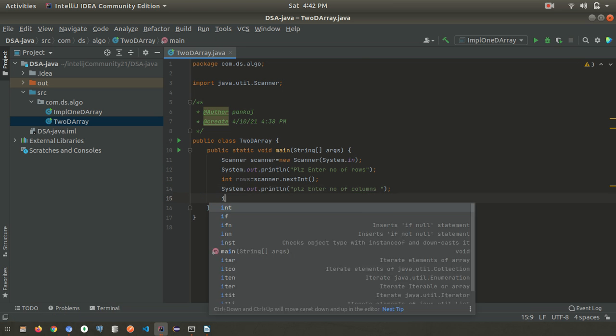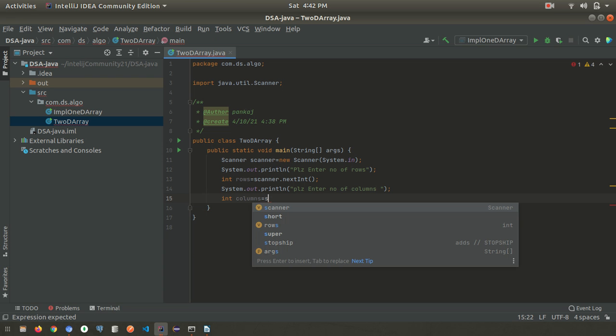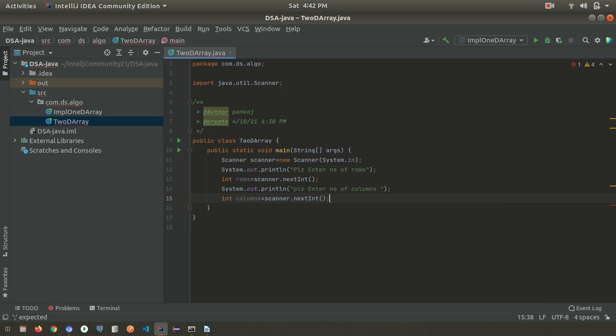We will store it in a variable called columns, columns equal to scanner.nextInt. Now rows and columns we are reading and storing in these variables, so these we can pass dynamically in this 2D array.